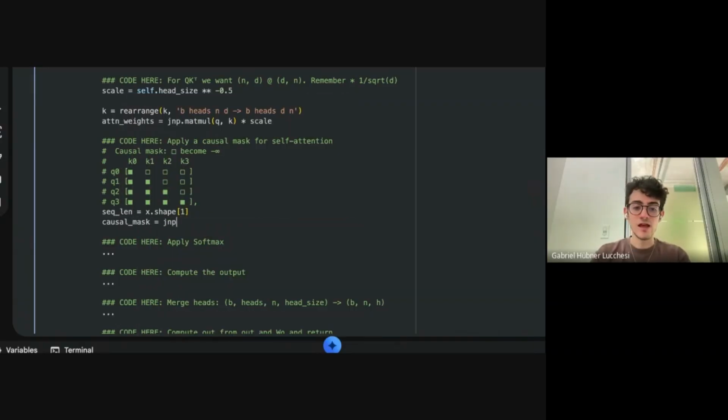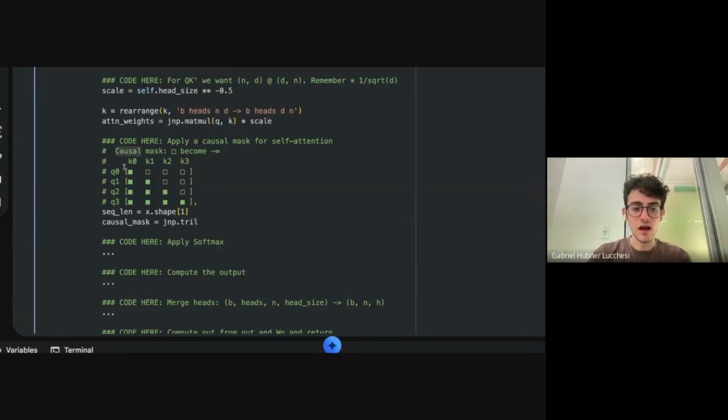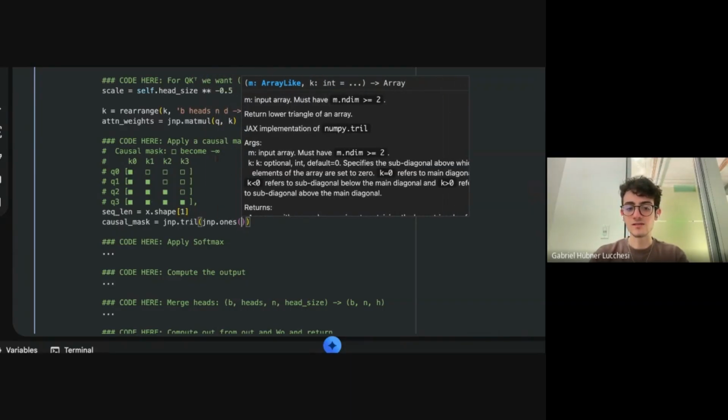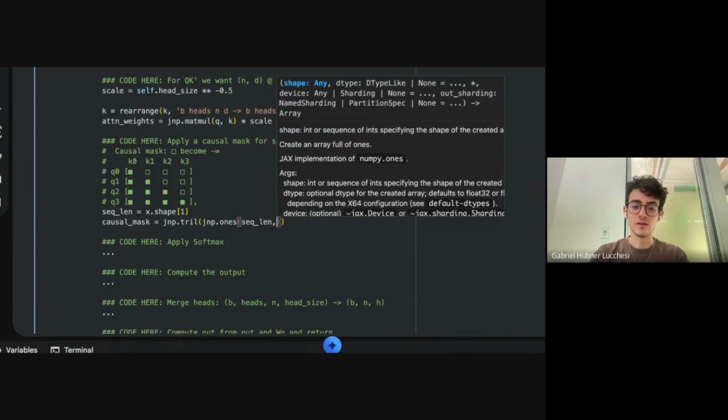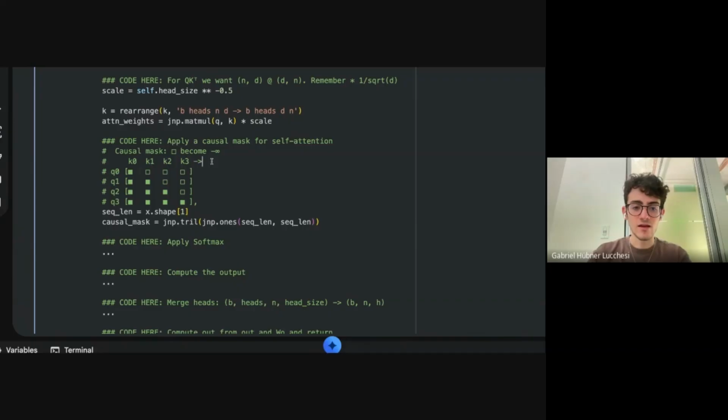In JAX, there's a really nice way to do this. You can just say, give me a triangular lower matrix, which literally just looks like a lower triangle on this matrix, and just give me that matrix of the size of my sequence length. So for every token, right, we have n tokens, which is the same as sequence length.